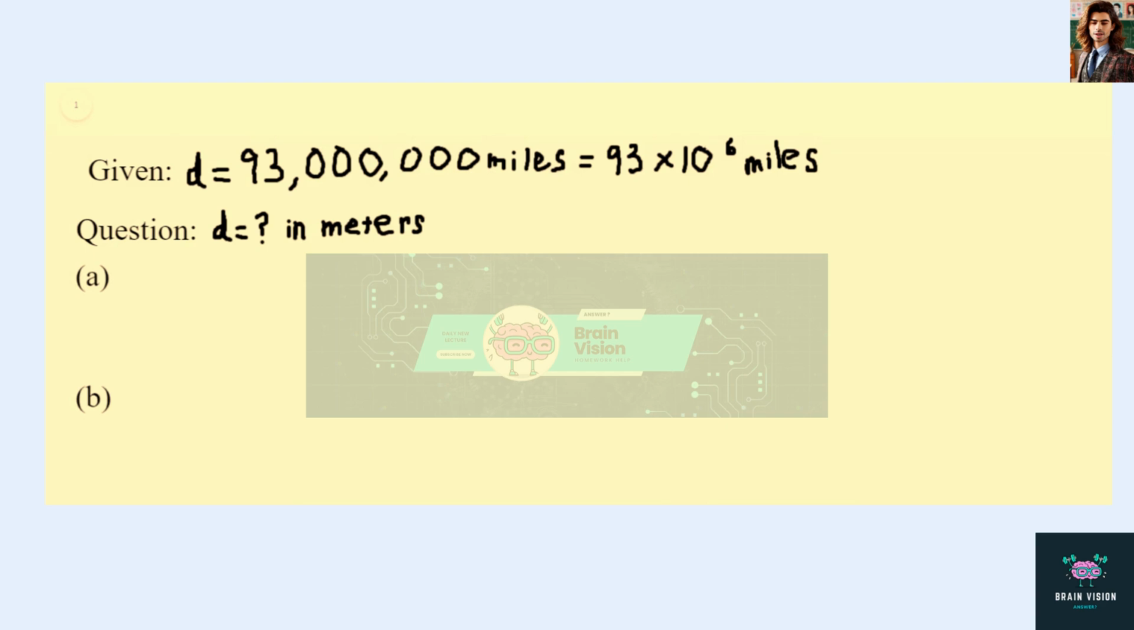Okay, so we're given that our distance, which I label as d, is 93 million miles, which can be written as 93 times 10 to the 6 miles. So the question is, what is the distance in meters? The first thing we want to know is the conversion between miles and meters. If we look this up, we find that 1 mile is equal to